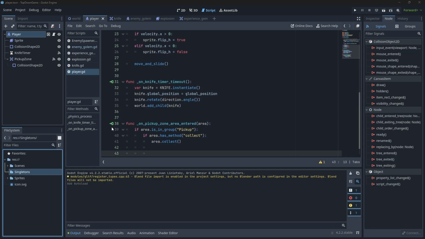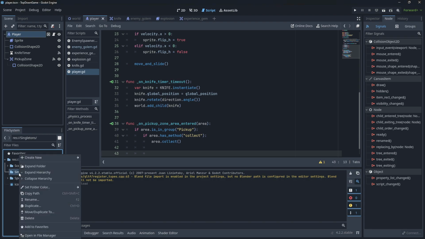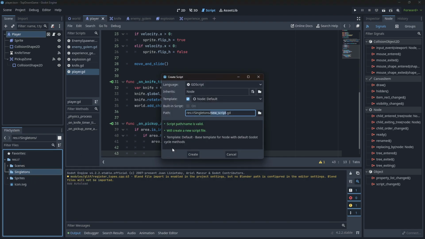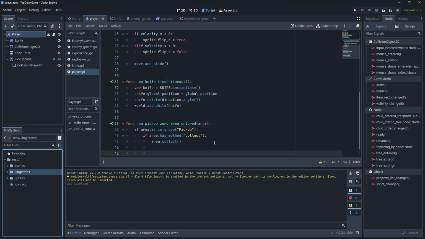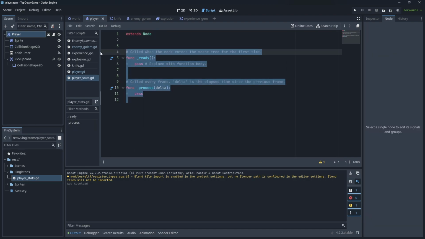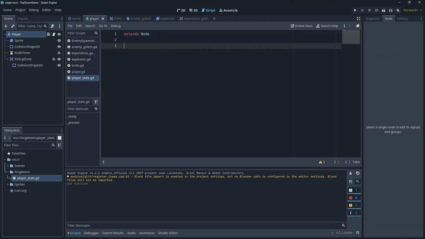In this video, we're going to set up some singletons for our character and our game. So in here, we're going to create a new folder called singletons. Now, a singleton is just a script that is basically a class that only has one instance of it. It doesn't have a scene associated with it. We're going to make a new script and we're going to call it player_stats. Create that. I'll open this up and I can delete all of this except for extends node at the